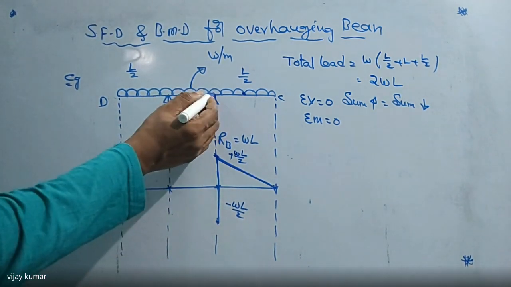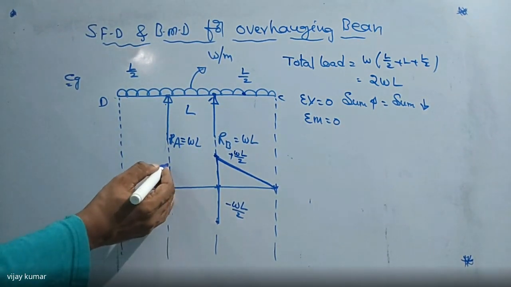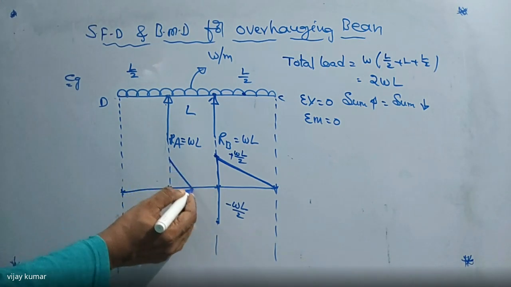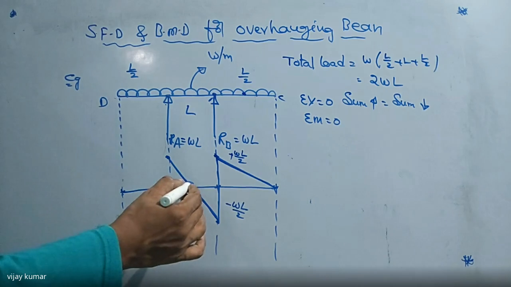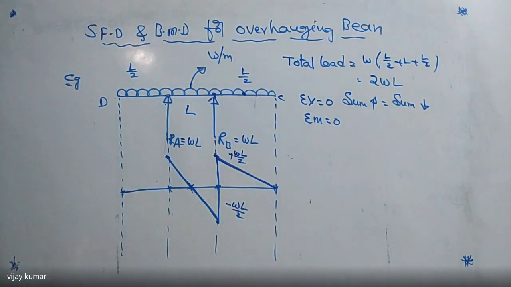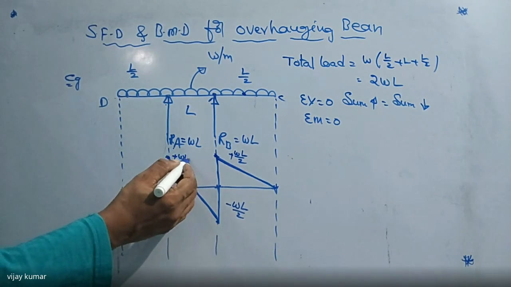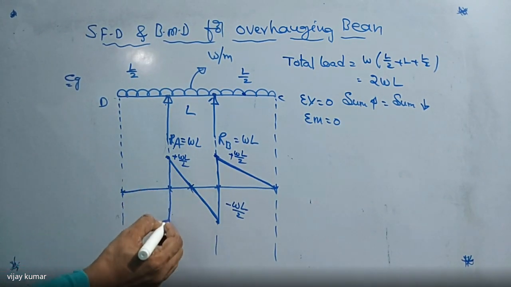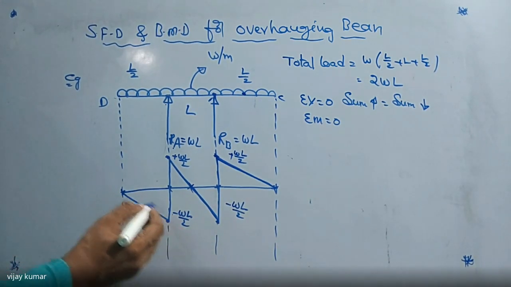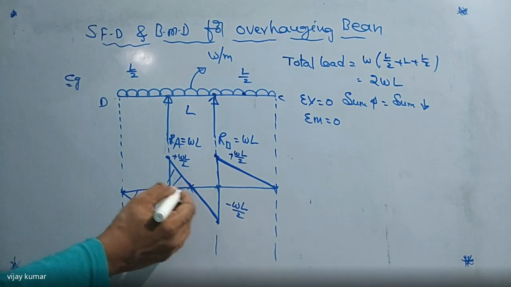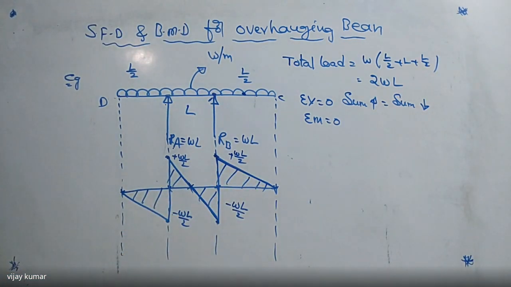So between A and B, it is like a simply supported beam. So automatically we know this is the diagram for a simply supported beam. At this point, shear force is zero. And again, if you come to this point, here we can get plus WL by 2, and here again we are getting minus WL by 2, and this one becomes 0. So this is the shape of the shear force. Or you got my point or not?